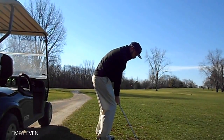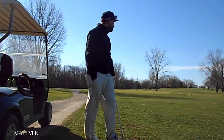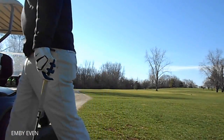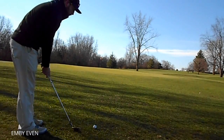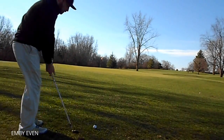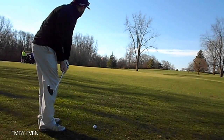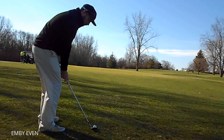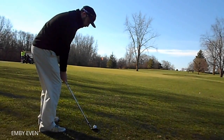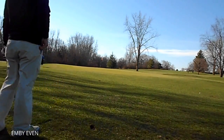And hit it fat, only hit it like 20 yards, so had to pretty much do the same shot, just a little bit closer. And so I opened the club face and just tried to hit it high and land it soft, and I did. I wish I would have rolled out just a little bit more, or if I could have just got a little bit more on it, it'd been alright. But either way, I had about 8 feet or so for my par,